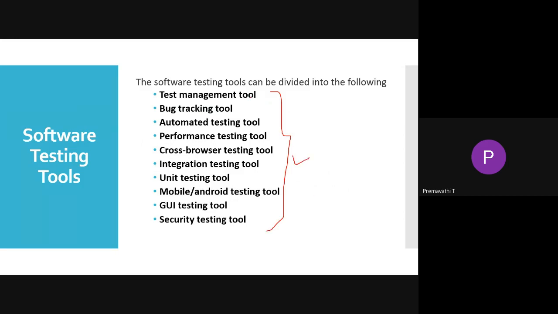According to your project, we have to choose any of the tools here. Today the topic was software testing tools and its classifications.